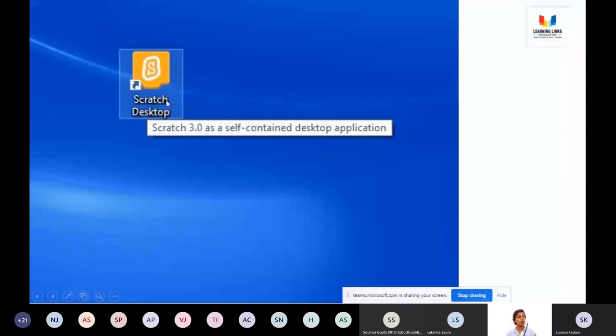Okay, there are two things which you can do with Scratch. There are two types of Scratch available: one is online Scratch, the other is offline Scratch. If you do not want your data to be used too much, you can definitely go to offline Scratch. Scratch desktop, I'm sorry, offline. When you type Scratch offline into Google, it will give you the direct link. You will not require any internet connection in order to access this.